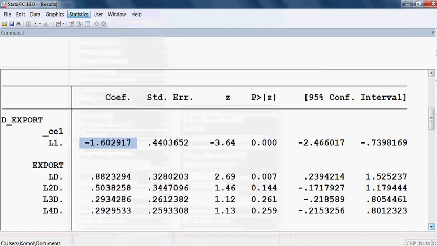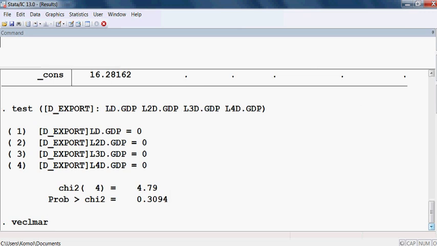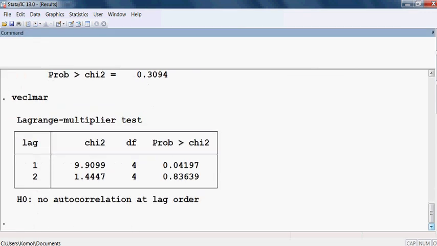I click here. Here I keep 2 as the maximum order of autocorrelation, then I check. Okay, so actually this is the command, right? Okay, so this is the outcome, Lagrange multiplier test, lag 1, lag 2,